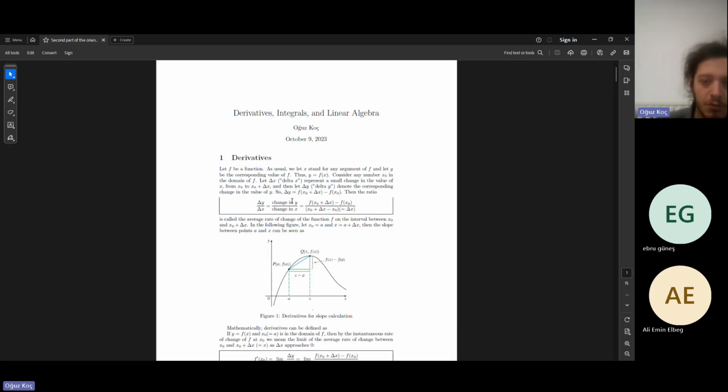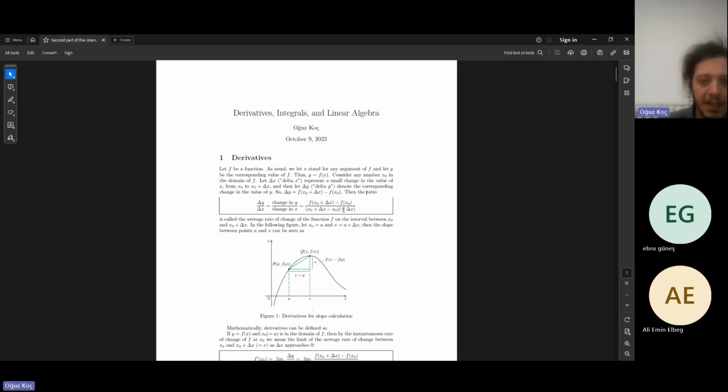This can also be thought of as y0 to y1, and we can define delta y as f of x0 plus delta x minus f of x0,